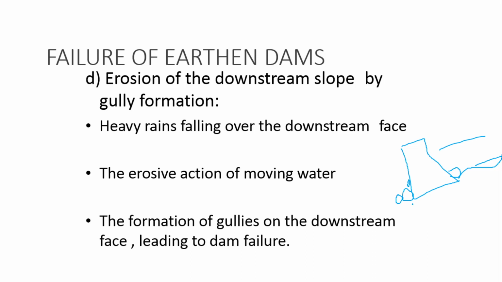Water absorption is removed. Generally, an earthen dam means we are providing a soil layer. Due to this continuous water on the soil layer, there may be a chance of failure, leading to dam failure. Saturation will be increased here, the saturation process is increasing, and due to this saturation it may cause failure.